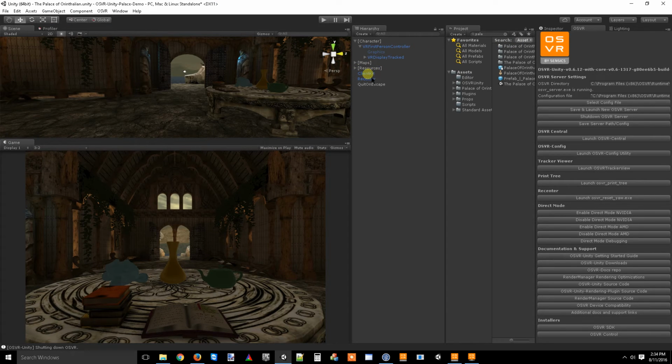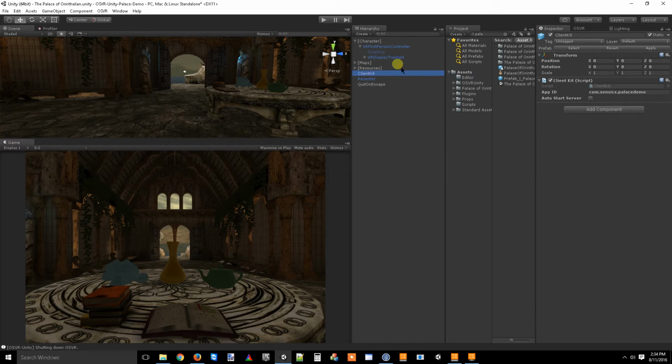If you take a look at the scene before I hit play, this client kit prefab always has to be in the scene in order to communicate with the OSVR server. You can give it any name as an app ID, but anytime you're using OSVR, in addition to having the server running, you also need to have this client kit object. So once everything's connected, you can press play,